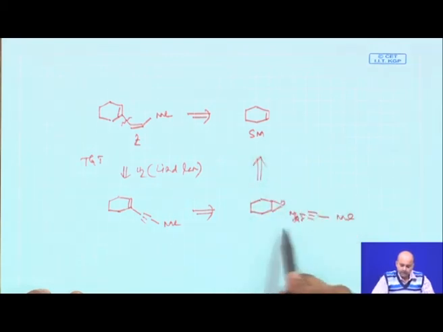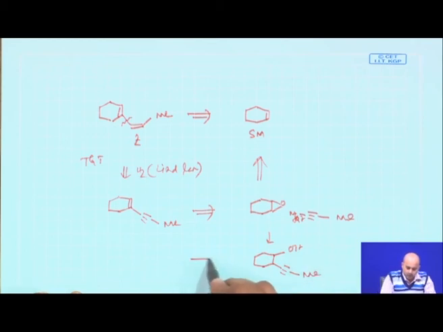So, what do you do? You first react with alkyne magnesium bromide, the ring will open up, and you will get this OH and this alkyne. So, the product which you will get has an OH and this methyl.